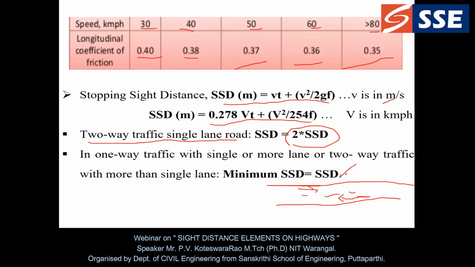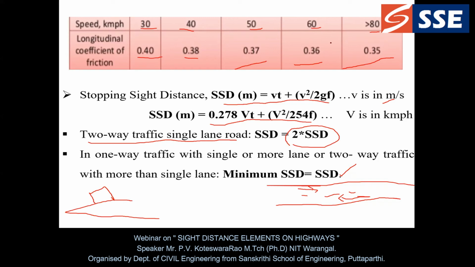Is it possible to always have a plain road surface? No. Mostly we are going to have some sloping road surface. So like this I am going to have the slope, and on it we have the vehicle. Whenever the vehicle is on the slope, how do we get the stopping sight distance value? This is the stopping sight distance at slope.